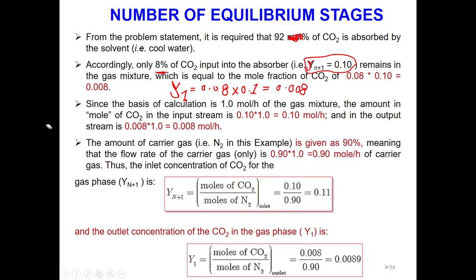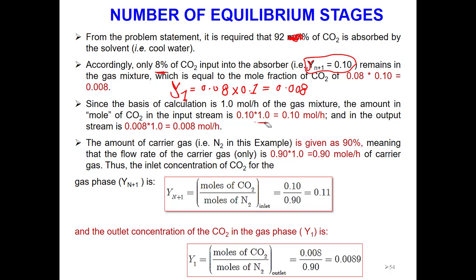Okay, this is the mole fraction of CO2 at the top. So you can use the equation, the relation between lowercase y and capital Y, to convert this to the capital ones. We can also calculate the amount of CO2, because we know the mole fraction of CO2 and